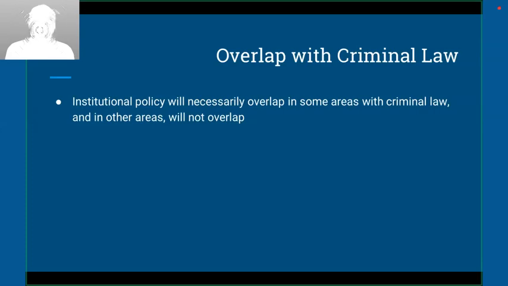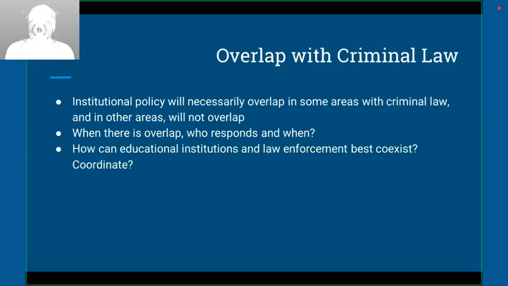So in some places, there's going to be overlap, and in some places there won't. And then obviously there are tons and tons of crimes that have nothing to do with sexual misconduct. So those, of course, would be areas that do not overlap as well. So when there is this overlap, who responds and when, and how can educational institutions best coexist, but even ideally